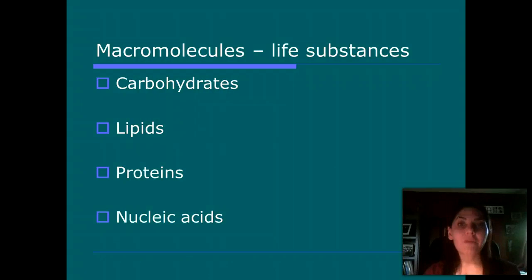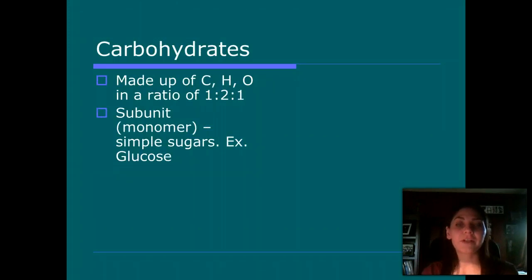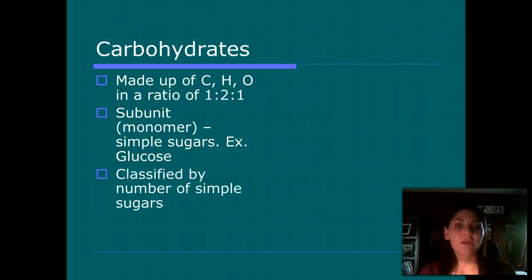There are four main macromolecules that I'm going to be talking about. Those are carbohydrates, lipids, proteins, and nucleic acids. So carbohydrates are made out of carbon, hydrogen, and oxygen, and they have a 1 to 2 to 1 ratio of carbon to hydrogen to oxygen. They have a subunit called a monomer or a monosaccharide. Again, mono means one, and saccharide means sugar. So for example, glucose is an example of a monosaccharide,